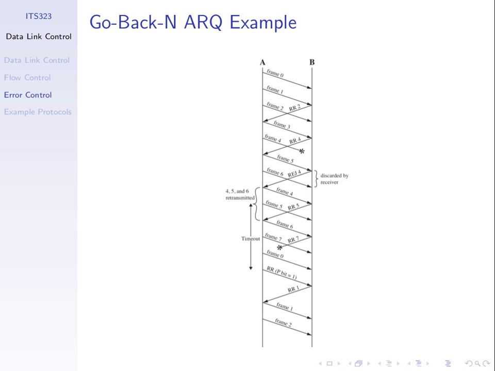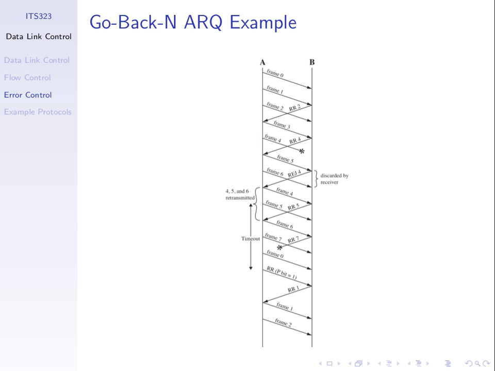And in this case, B, when it receives frames, is sending back an acknowledgement or a receive ready, the RR, a positive ARQ. So B receives frame 0 and frame 1, and sends back an ARQ saying, thank you, I now expect 2. It could have sent one for each frame as well. That would be a different case. It could happen. In this case, for simplicity of the diagram, it sends an ARQ every 2 frames. Everything's okay. Frames 2 and 3, an ARQ comes back. Frames 4, 5 and 6 are